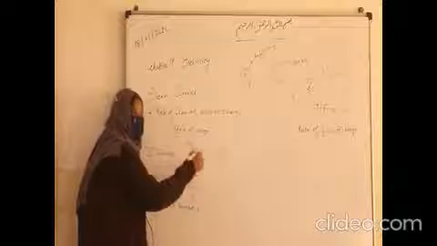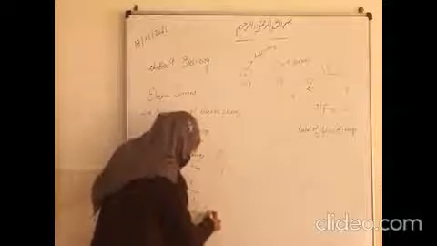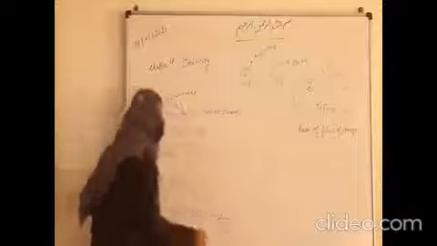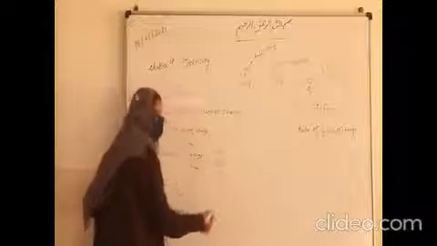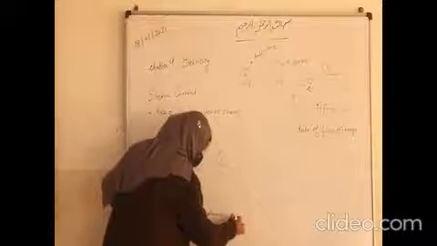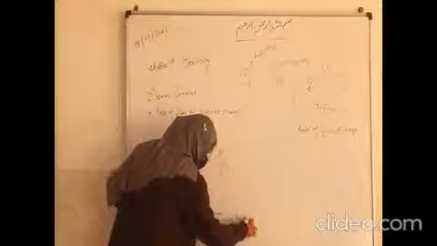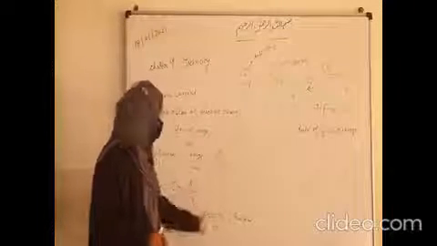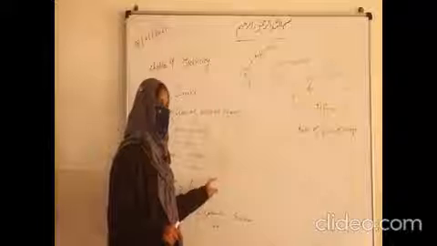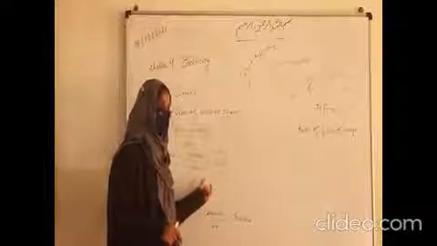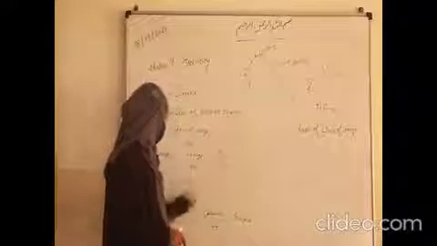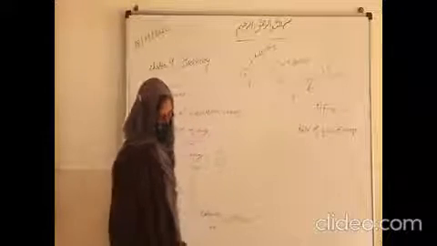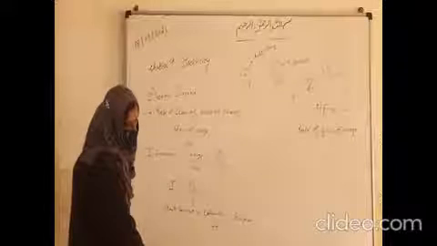This charge unit is coulombs. Time unit is seconds, and this is known as ampere. Coulomb per second is known as ampere. So the unit of electric current is ampere, and the unit of this charge Q is coulombs. 1 coulomb, 2 coulomb, 3 coulomb means the flow of 3 coulomb charges, 4 coulomb charges per second gives you ampere. So current is I is equals to Q upon T.